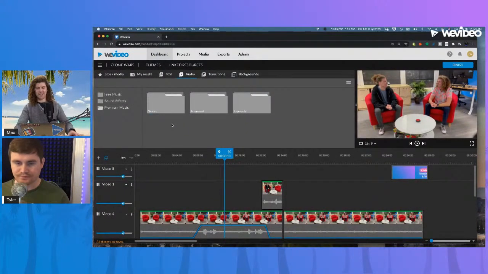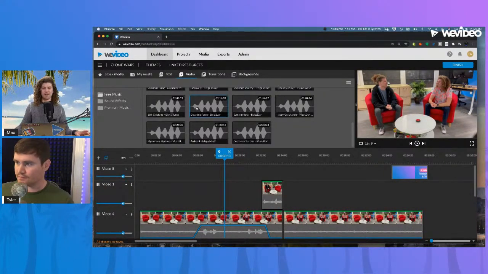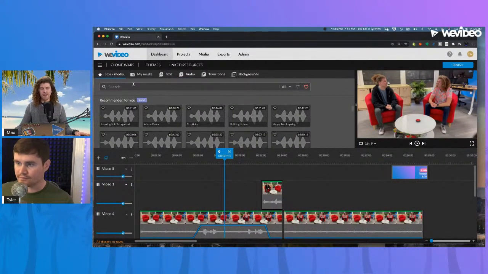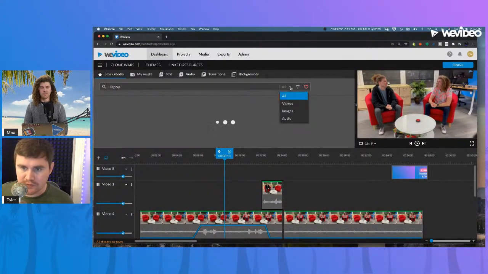That's kind of the predefined audio. There are additional options if you just go to stock media, which is the far left tab, and filter by audio. So you could search in keywords, genre of music, feeling. So maybe like happy, we could type in happy.